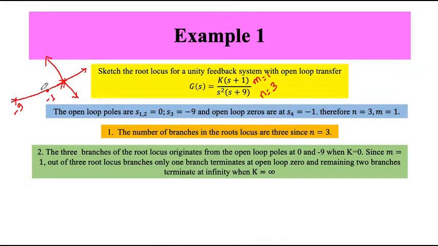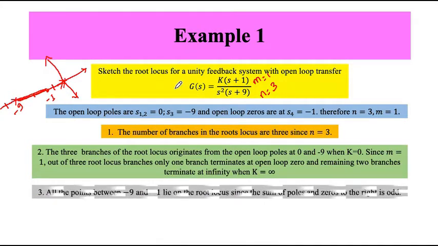Okay, so which part of real axis will exist for my root locus? If I am standing over here, on the right hand side the sum of poles and zeros is 2, so this part will not exist in root locus. Similarly over here, if I am standing, the sum of poles and zeros is 4, so this is also not there. If I am here, on the right hand side its number is 3, so this hole in between minus 9 to minus 1 is a part of root locus.